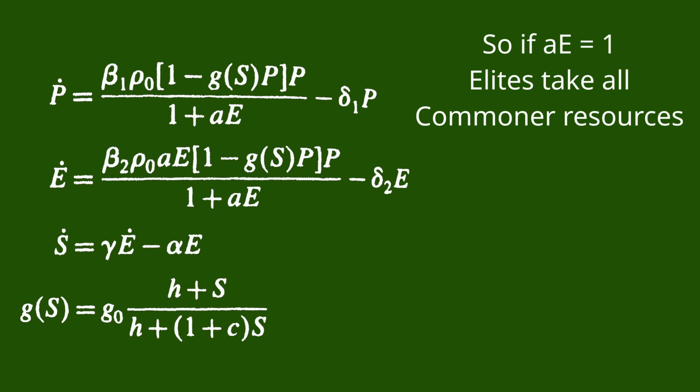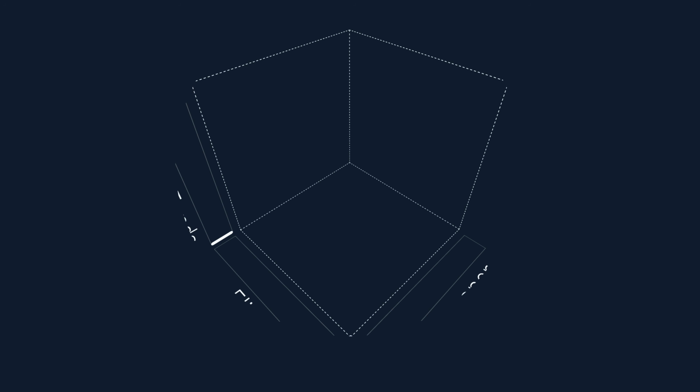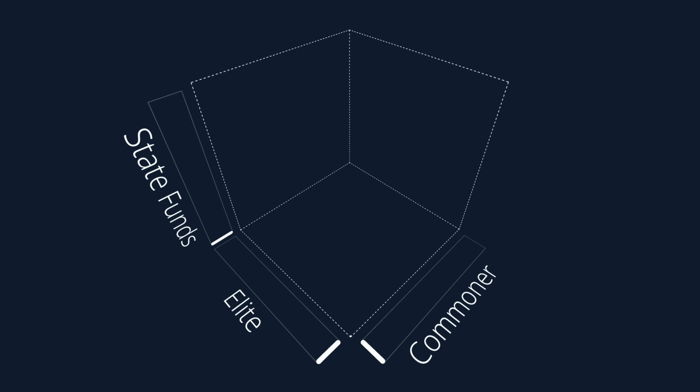Even if the commoners have 1 million or 10 million population, 100 elites will still get half of it, which again is probably abstracting some level of bureaucracy or whatever, but just to know, that's a little different from what I did in the agent-based model. Despite those differences, when we go to our phase space, which is 3D now, we can see that we get